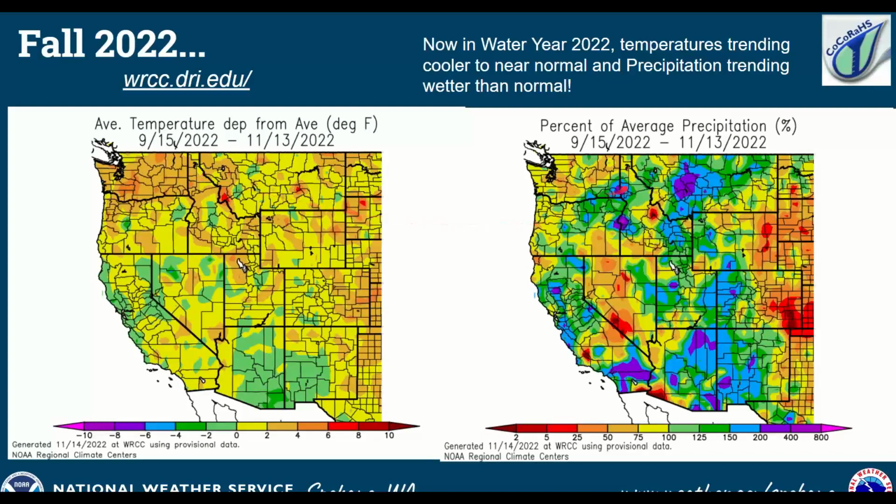Looking at precipitation, we still see that dry wedge that stretches from Grant County, Douglas County, into parts of Pend Oreille and Stevens County. So still a little bit of a lack of precipitation in that area. But if we go to Southeast Washington, it's done well. Much of the Panhandle has, and even North Central Washington.